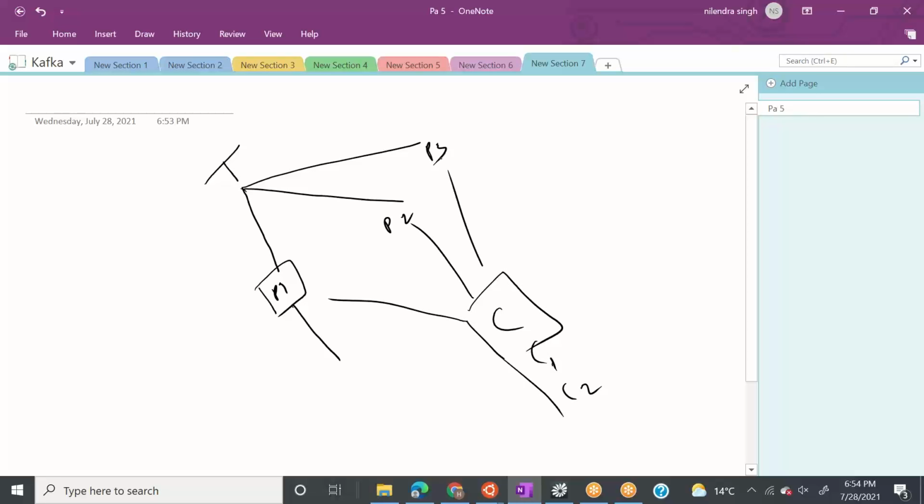There will be a connection here, and the producer will be publishing here. So you have producer, topic, partitions, and they will have offsets. The producer will be writing messages to the latest offset. So let's say this is 11, 12, and the producer will be writing the message to the 13th offset, the latest one.